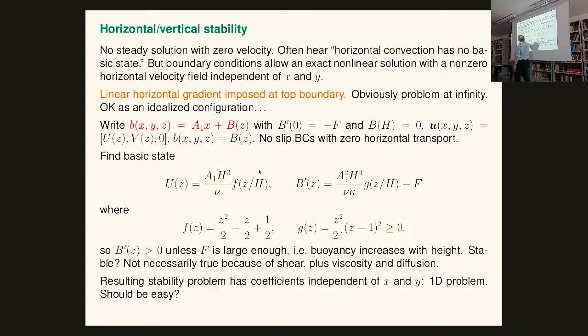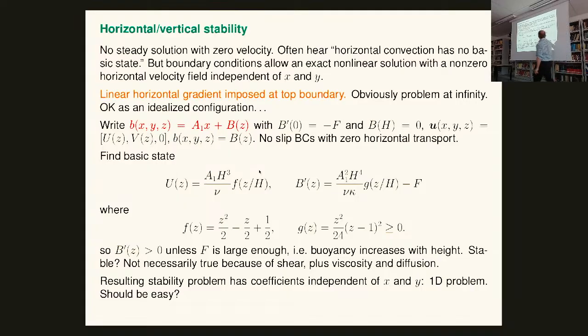You stick it in, you say I've got a shear flow, U V0, buoyancy, A1x. And then you get this solution. Very simple solution, it's just in one direction. You get a shear flow driven by A1, driven by the horizontal buoyancy gradient, and you get a structure for the buoyancy gradient in the vertical, driven by the horizontal buoyancy gradient. And then this bit over here, its vertical gradient has F at the bottom, that's your flux in, and then a response G. You can work all these out as a polynomial, so it's quite simple.